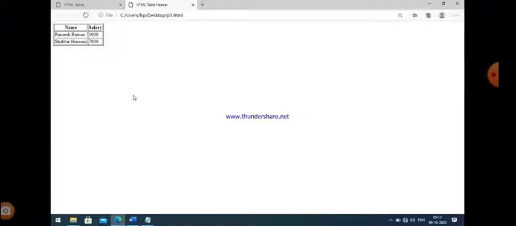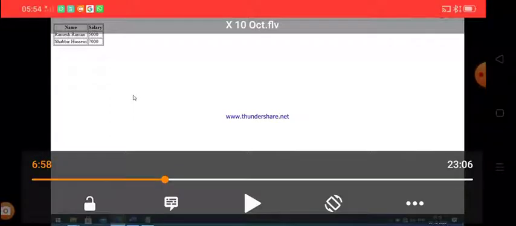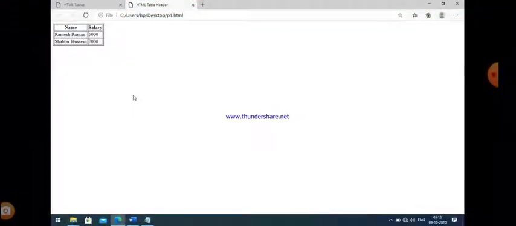So generally we create a table in HTML with a table heading, in which the first row defines the heading of the columns. This is the simplest method to create a table. As far as comparison is concerned, the previous table is without any table heading, but this table contains a table heading also, and that looks more real as compared to the previous one.